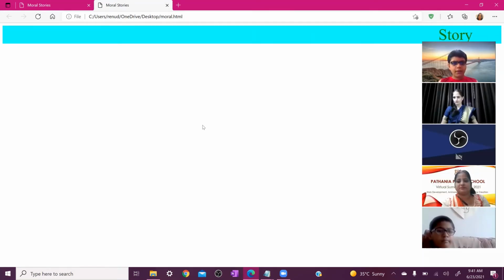Ma'am, can you tell again why do we use that behavior tag? Yes, we use the behavior attribute for the behavior of the marquee. For example, we want our text to move only on the screen, so we want behavior alternate. Alternate is the word that makes the text move over the screen only.